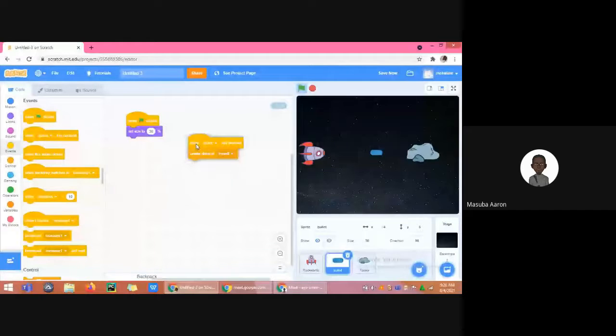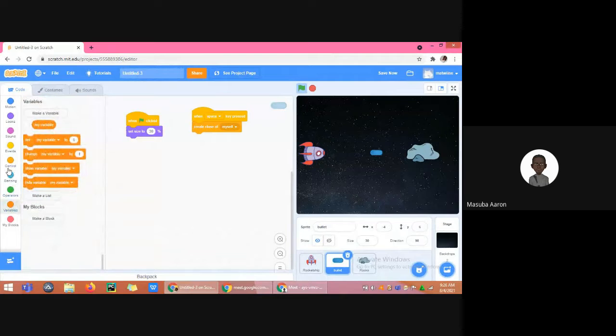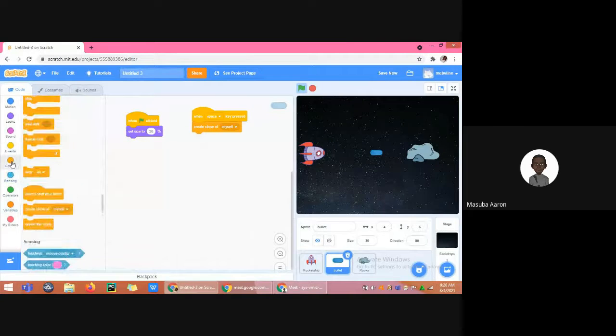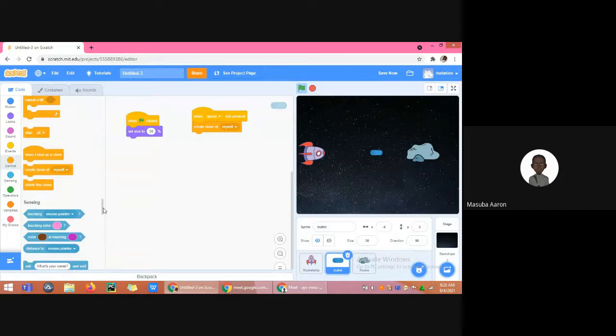And then I'll say, when I start as a clone, with block. So when I start as a clone, I'm going to give the directions for each clone. I don't know if you guys are following, but probably you've done clones with the other tutors, so this will not be hard. I hope so. So I want to create the code for the clone now, the clone of the bullets. So I guess just organize my code. I'll put this here and this here. So when I start as a clone,